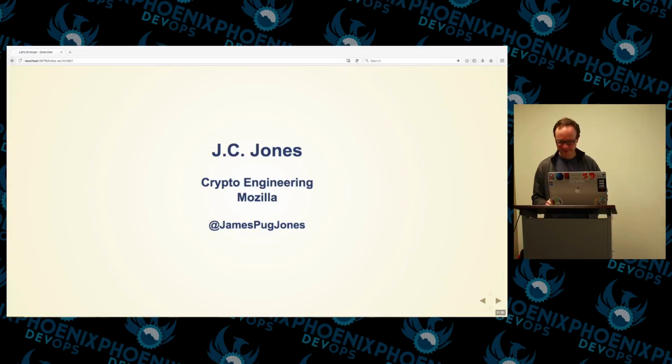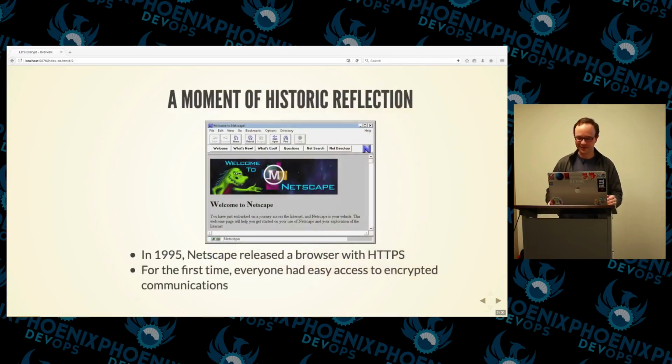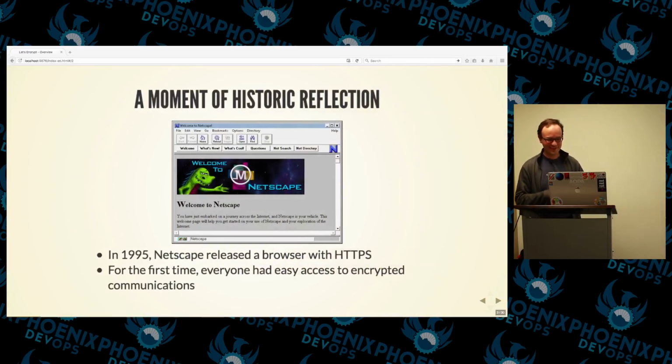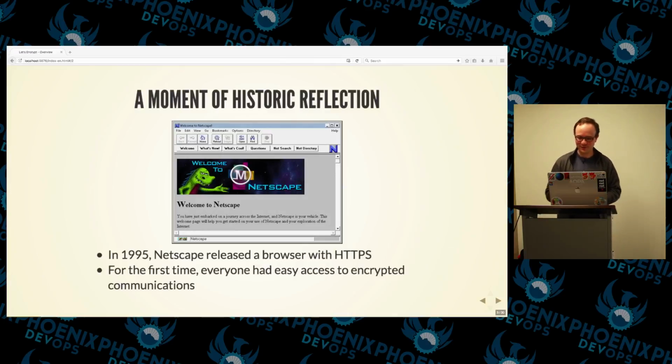We can talk more afterward. But I like to start this talk with a moment of reflection because I'm old and curmudgeonly, at least in terms of dealing with stuff on the internet. So here we go back to 1995, and the first version of HTTPS available on the web. Netscape Navigator added it in 2.0. It was sort of there in 1.1, but added really in 2.0.